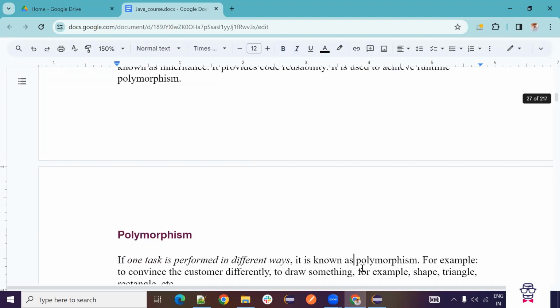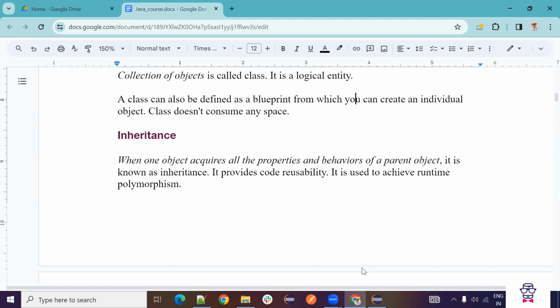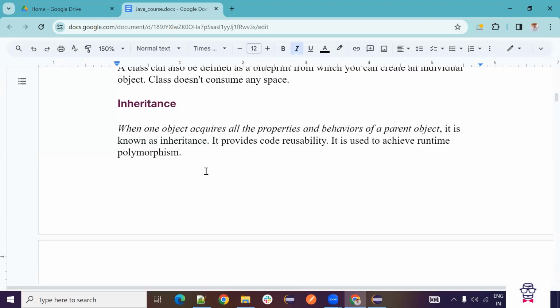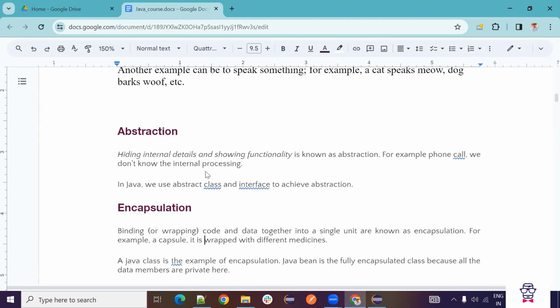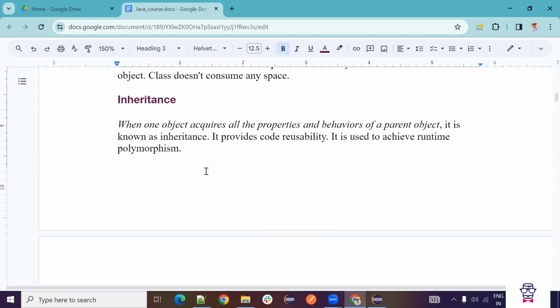So inheritance. There are four concepts in OOPS: inheritance, polymorphism, abstraction and encapsulation. These four concepts are very important. For each concept you will get interview questions, or on the whole they will ask what are the main pillars of Java, or what are the four concepts of OOPS. Like this they will ask in the interview. So you have to explain these four things.